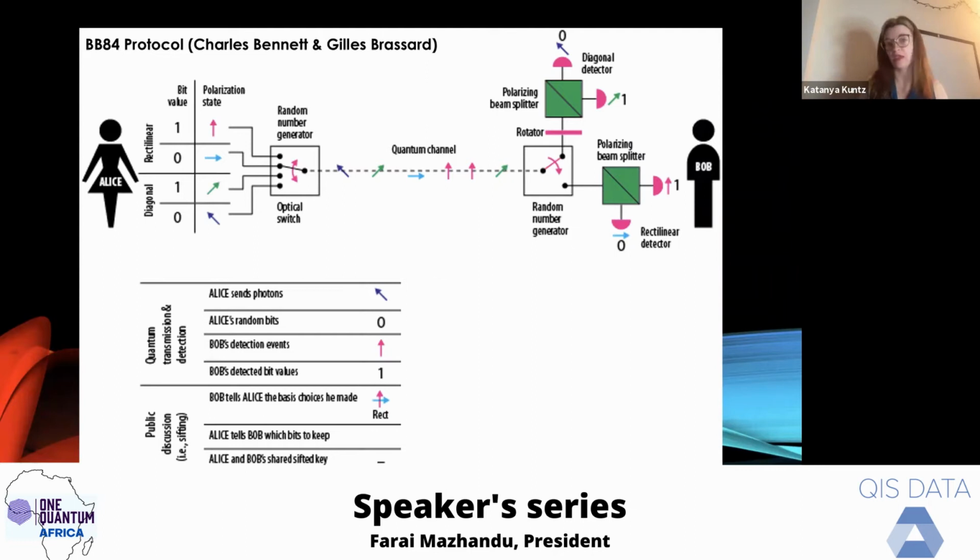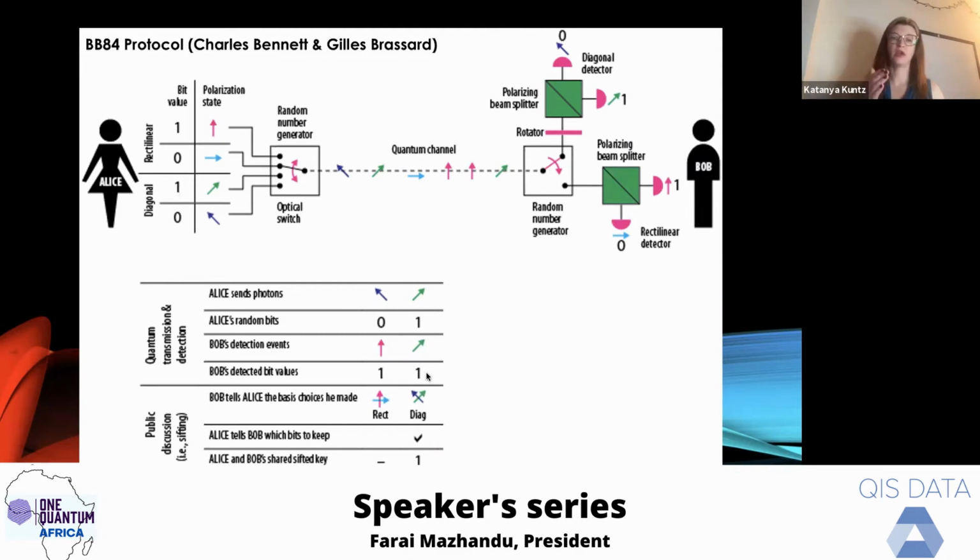And so in this case, sometimes you might get lucky and you get the right one, but you don't know. That's the point. So every time the basis is wrong between them, you have to throw out that bit. So this one gets thrown out because it's in the wrong basis. So then if we do another one, again, Alice sends a different diagonal one, but this time Bob measures in the diagonal basis.